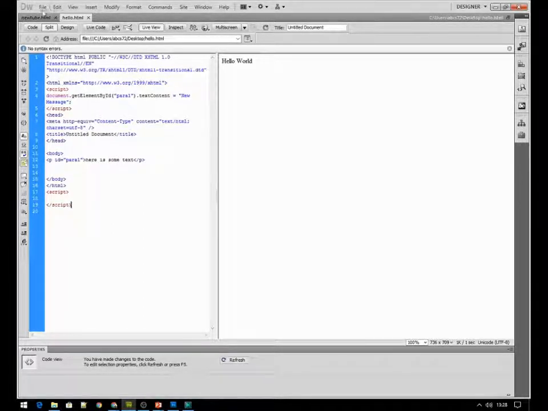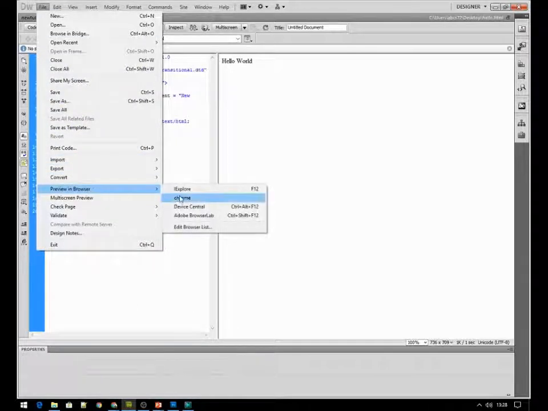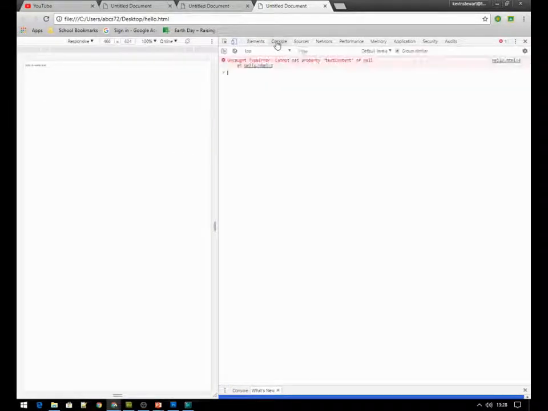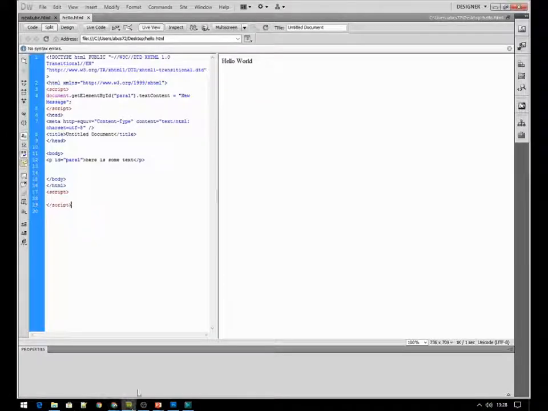Because, I'll explain that in a second, but just check it does this. Here's some text. And if we view the console, you can see that it couldn't set the text content of null. That's a bit jargony at the moment, but basically, and you might have encountered this in GCSE,